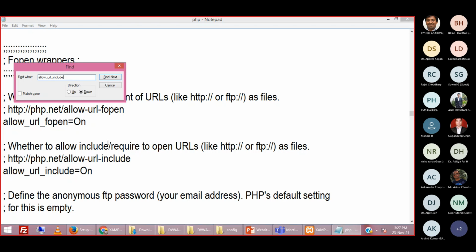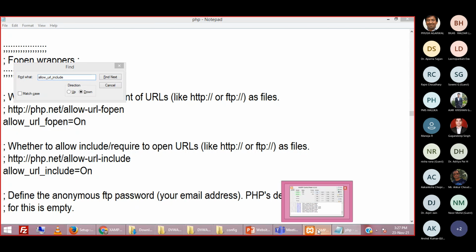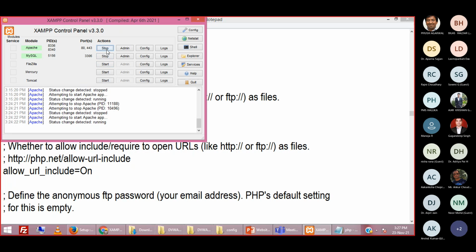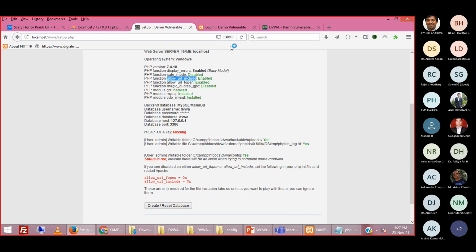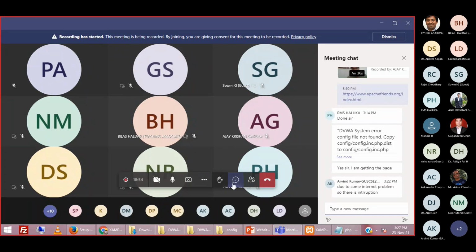Yes, it is done. Have you put this function on? After putting this function on, you have to save this file, restart the Apache, and then refresh this page. Once you refresh this page, you will get these two functions enabled. Please let me know once it is done. Yes, ma'am.